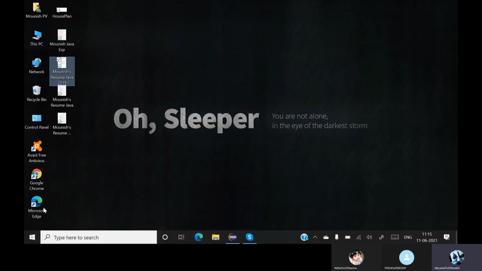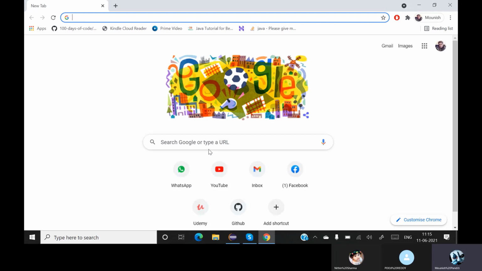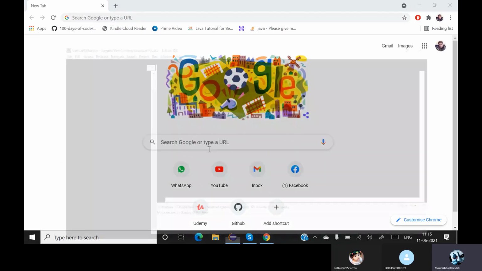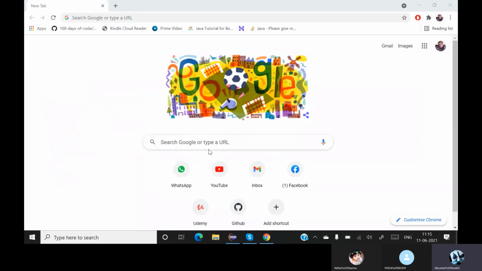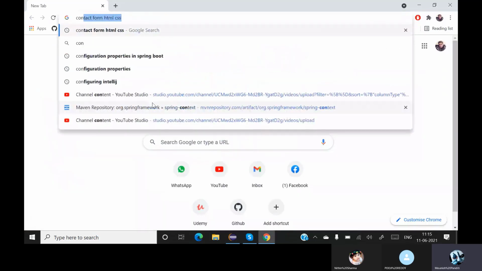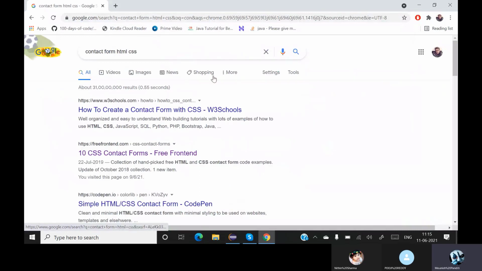Now let me go to Chrome. The type of file we created is basically a contact form, meaning we are just giving some details and telling the client to contact this person. So we'll Google for contact form HTML and CSS. You will get both the HTML file as well as the CSS file.